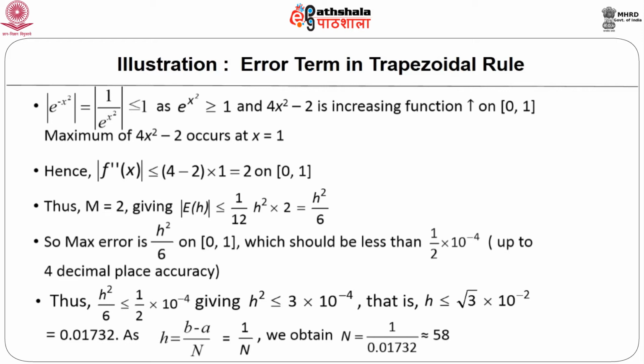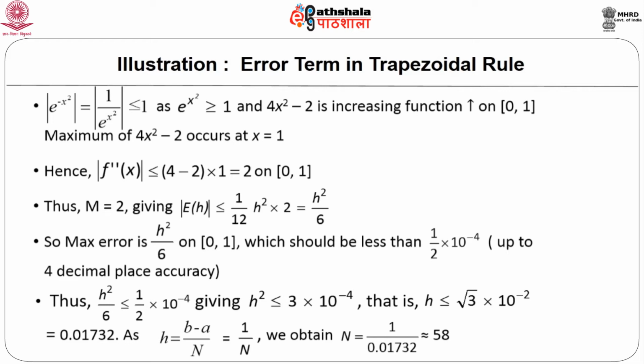And so, we are sure that the second derivative will not exceed 2 into 1, that is 2. So, we can say that the error, if we are dividing the interval into n parts, so h is 1 by n, then the error is less than or equal to 1 by 12 h square into M, which is 2. So, it is h square by 6. So, the maximum error is less than or equal to h square by 6, which should be less than or equal to half